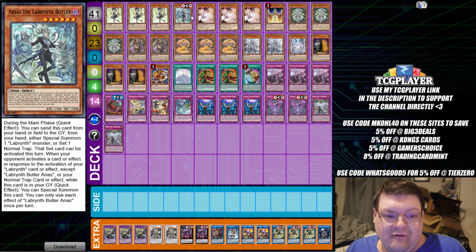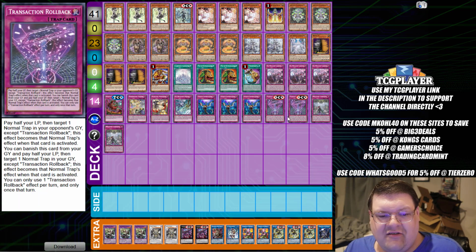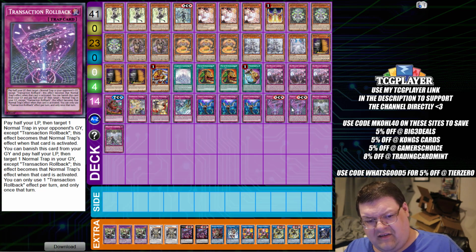While the card is absolutely splendid for what it does, most Labyrinth builds just opted to cut it because Transaction Rollback is just a much more insane card. All right, everything that you want to do, you can just do a little bit later with Transaction Rollback. Steamroll your opponent with all the advantage that this stupid card gives you. It's also very interesting to see